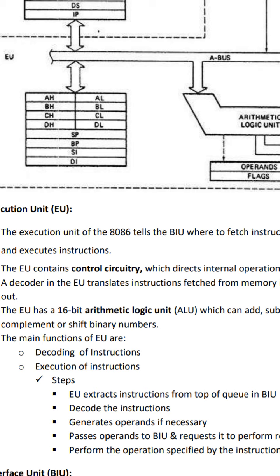So combinedly these registers are known as the AX register, that is the accumulator, BX register used for data handling, CX register used as a counter normally, and DX register used to hold the data. These are all 16 bit registers, but individually accessed as 8 bit registers also. Other than these, we have the stack pointer, base pointer, source index and destination index register. They are of 16 bits.